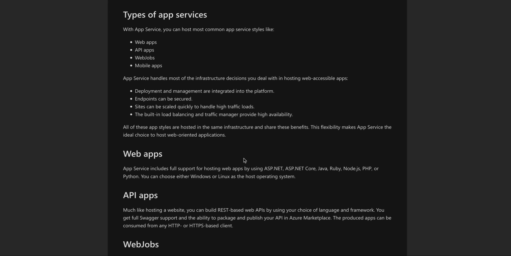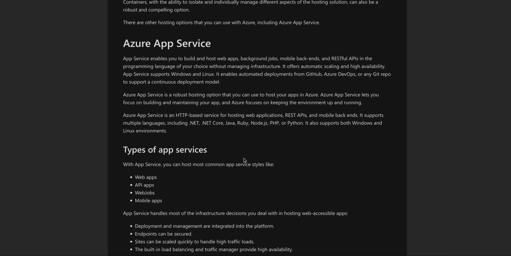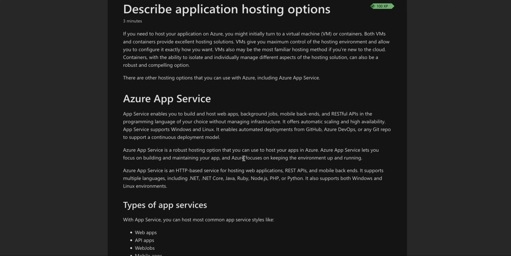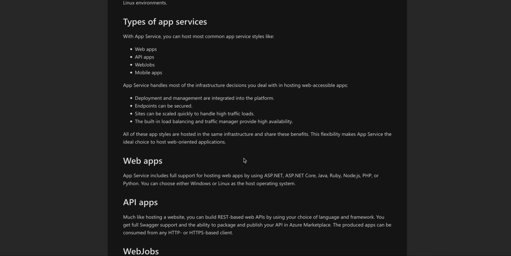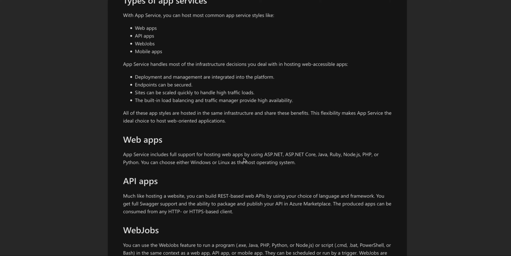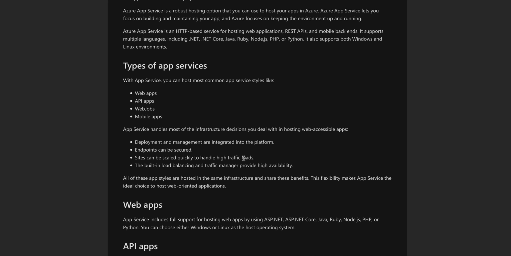So just to summarize this unit, we have different ways to host applications. We could use a VM, we could use a container, we could use an Azure App Service, and in Azure App Service we have different types of app services that you could use. We could use web apps, API apps, web jobs, or mobile apps. Web apps is hosting web applications, so it supports multiple languages. API apps, you can use it for building REST-based web APIs,